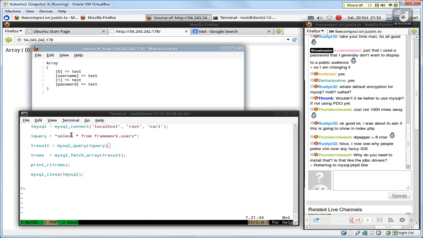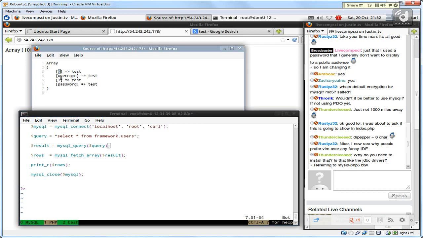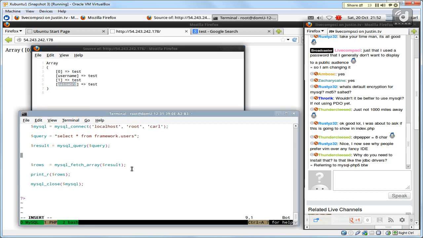The query select star from framework.users will produce this result when we run this code. Now notice that you have username and you have 0 and you also have 1 and password. The reason is that mysql_fetch_array will give you both a numeric way to access the data as well as by name. And to show you how that works,